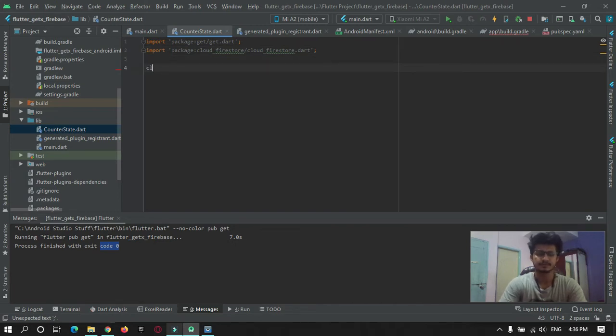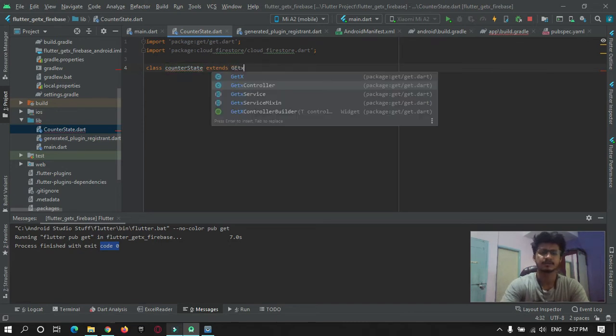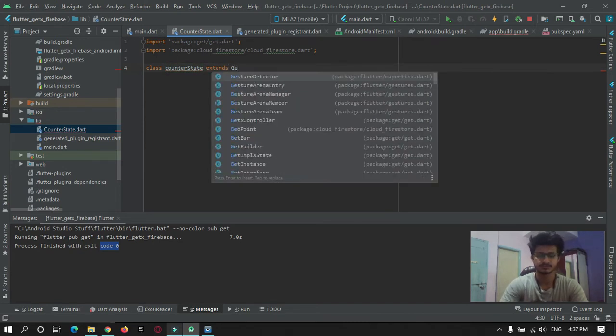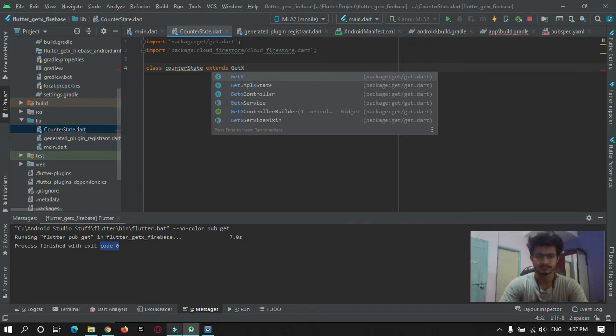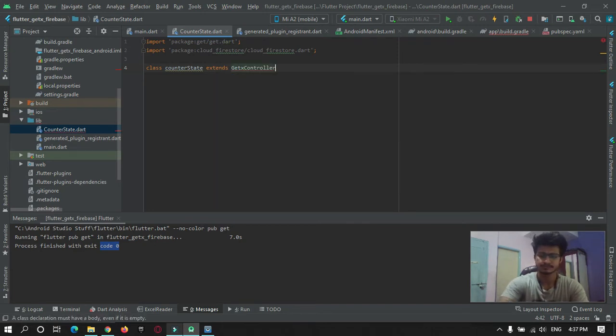And then create a class named CounterState that extends GetxController.